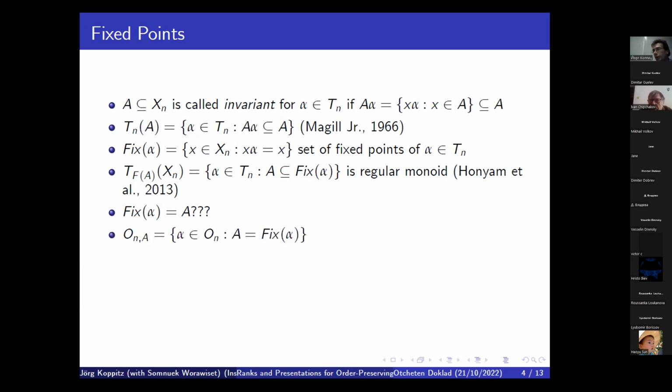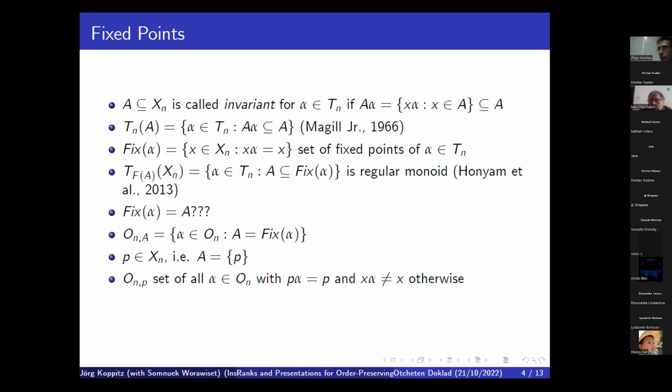This was also considered for the semigroup already, especially for the case of order preserving transformations. Namely, we consider all order preserving transformations on the given set such that exactly A is the set of fixed points. In the case that we have only a singleton set A,